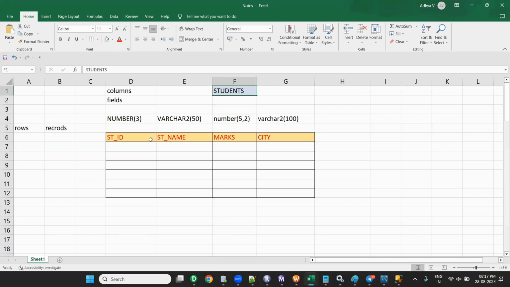Now you also need to decide what data we should insert into that. Student ID should contain only numbers, a maximum of 3 digits. Student name should have characters, maximum 50. Marks can be decimals, 5, 2. I will tell you what that is. Next, city should be maximum 100 characters. Like that, you should decide